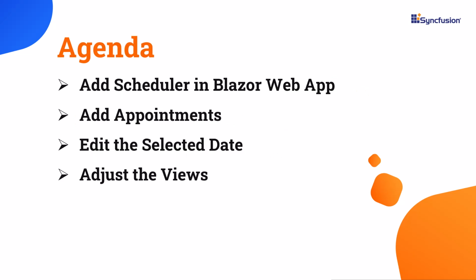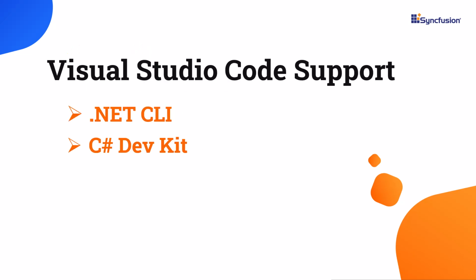In this video, I will show you how to add the Syncfusion Blazor Scheduler component to a Blazor web app using Visual Studio Code. I will also show you how to add appointments, edit the selected date, and adjust the views in the scheduler. Visual Studio Code supports the .NET command line interface and the C# Dev Kit for building